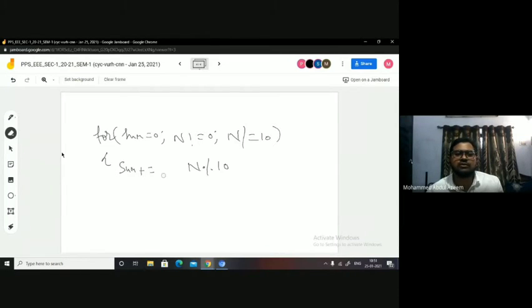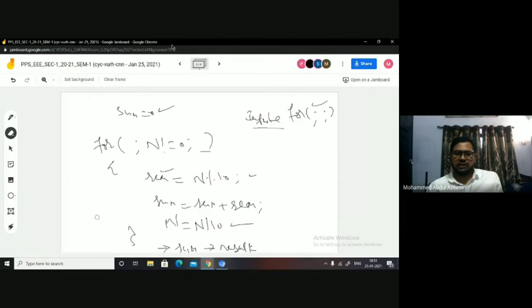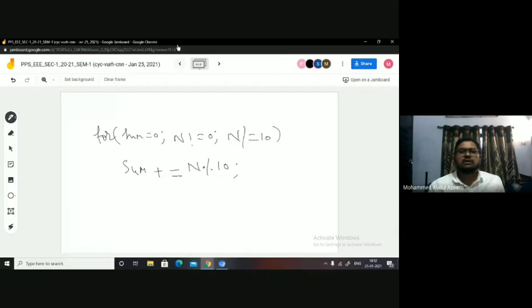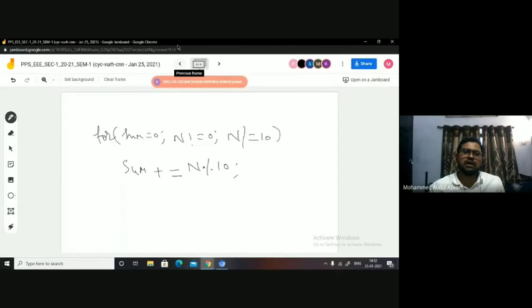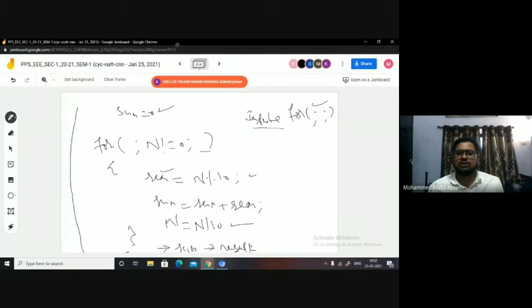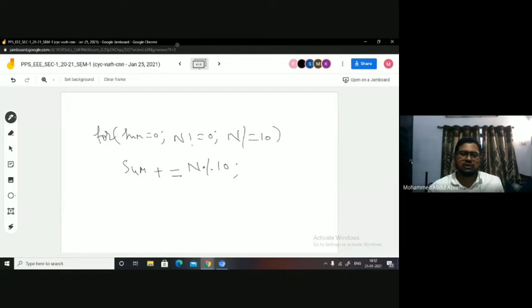So what happens now, you can see. I'm reducing the number of lines and number of statements. That's it. And since there is only one statement, I need not have the braces also. See, I have compacted this code. This code is there from here till here. Yes or no? This entire code I have compacted to only 2 lines. This is very similar or equivalent to this. Sum equal to 0 has to be done only once. Sum equal to 0 is at the initialization I have given.